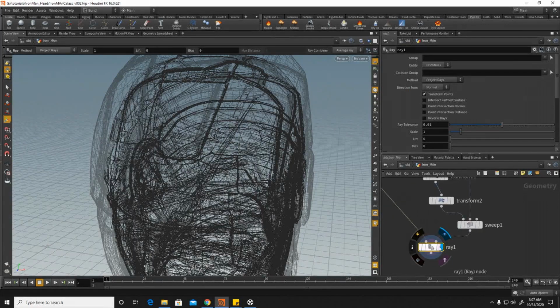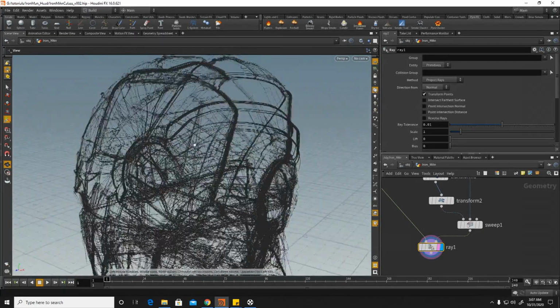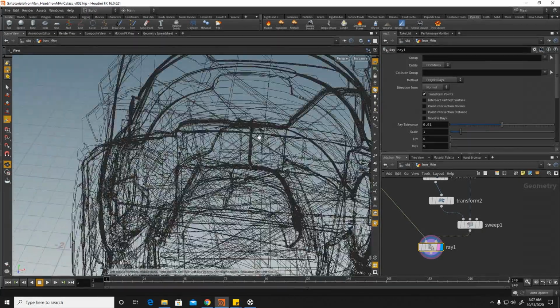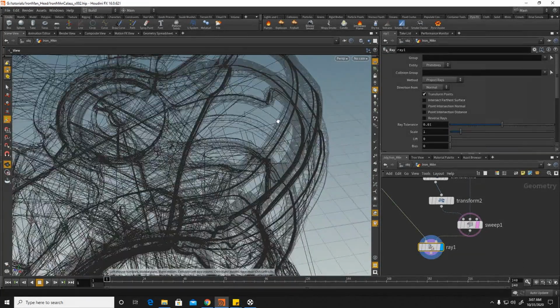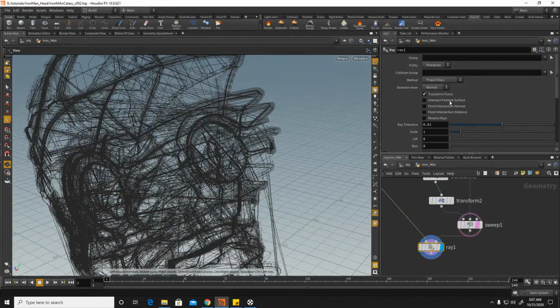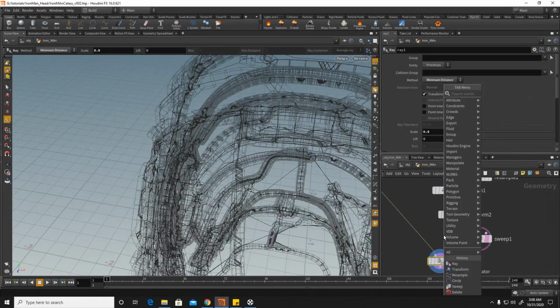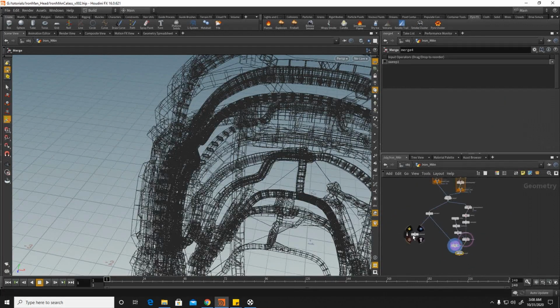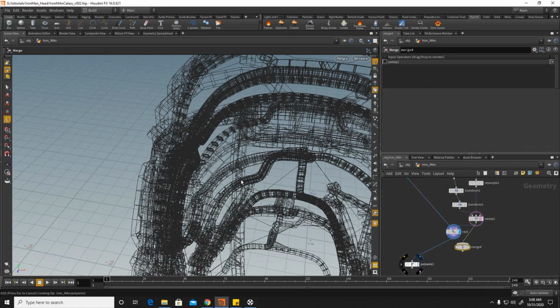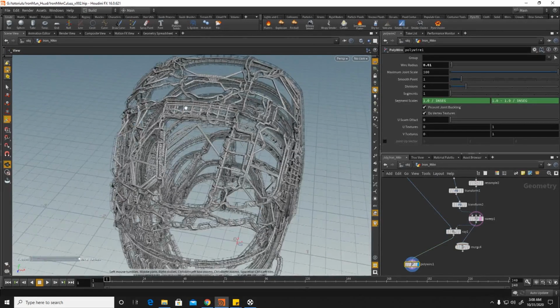Let me bring out this template points. This ray is making this whole thing, if you can see, get stuck to this ray. So let's switch to minimum distance. Now this thing, and use poly wire after this. You will be able to see, now you can see